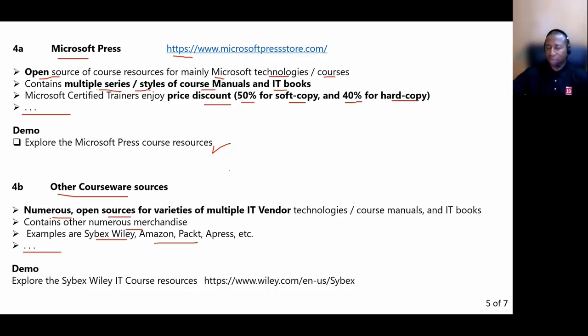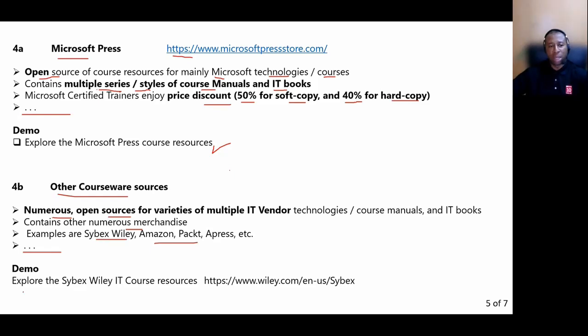You can order laptops. You can order even books that may not be IT related. If you're into leadership, if you go to some of these sites, you will see books on leadership. So this is open-ended. Anybody can access it and use it.